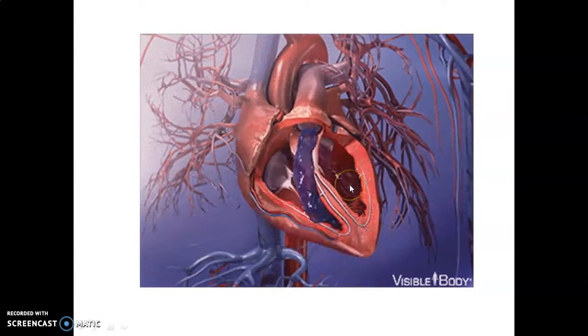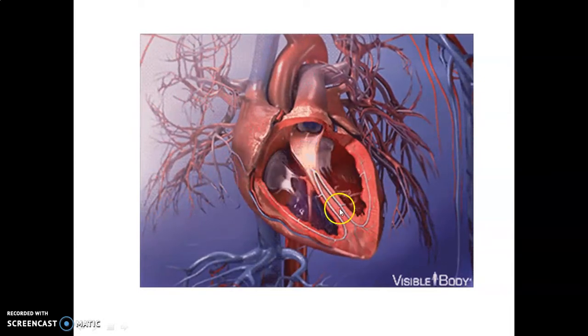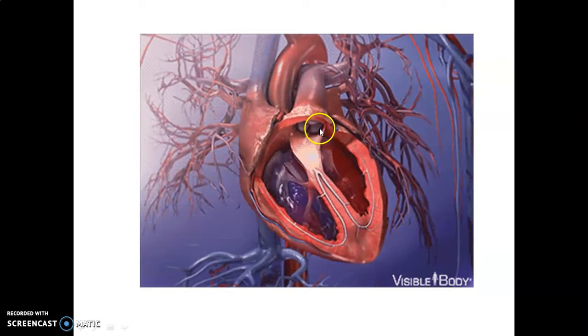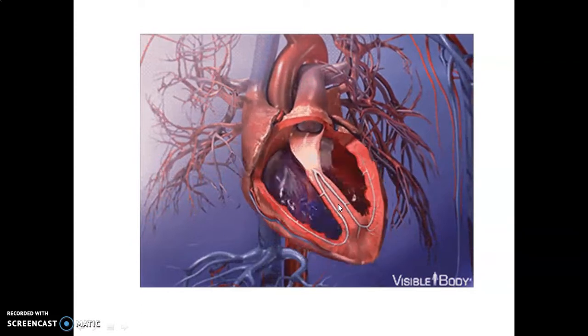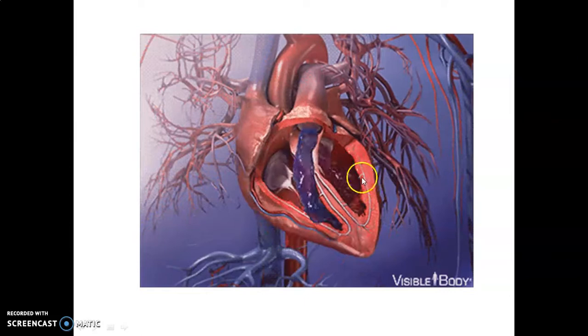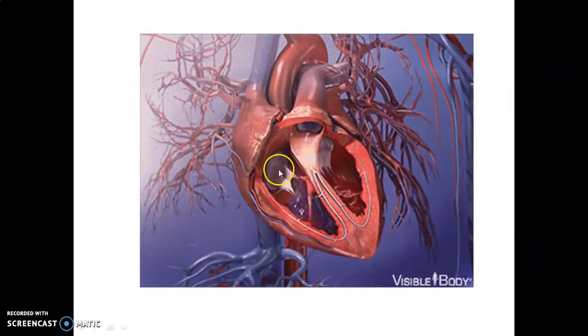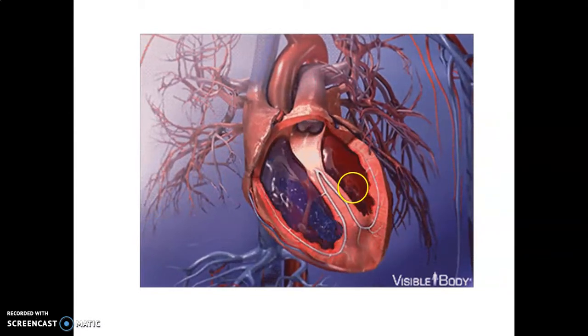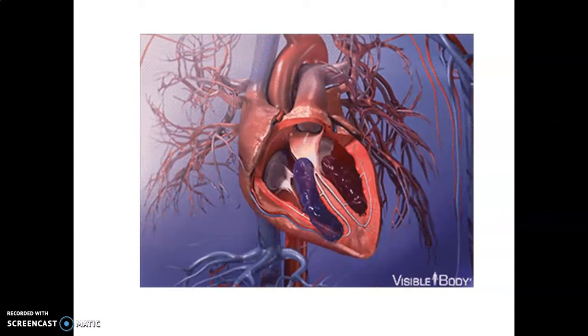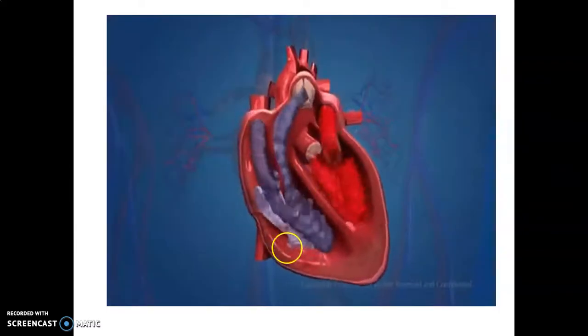Can you see it? A thin muscular wall, called the interatrial septum, separates the right atrium and left atrium, whereas a thick-walled interventricular septum separates the left and right ventricles. The atrium and ventricle of the same side are also separated by a thick fibrous tissue called the atrioventricular septum. However, each of these septa is provided with an opening through which the 2 chambers of the same side are connected.